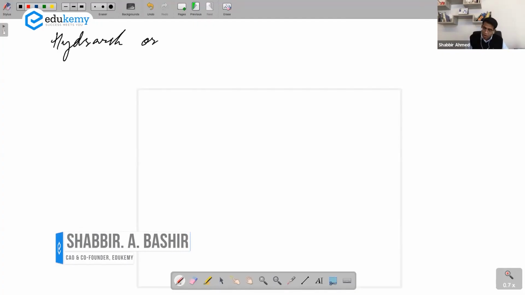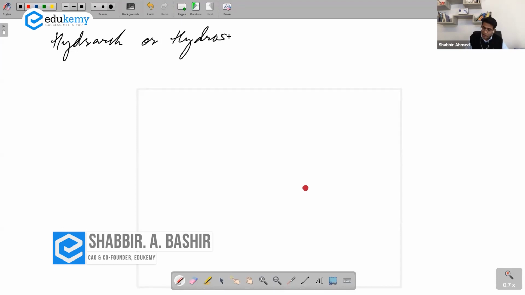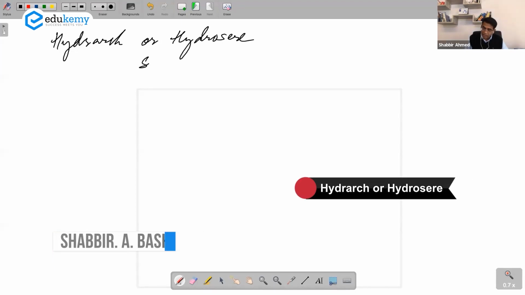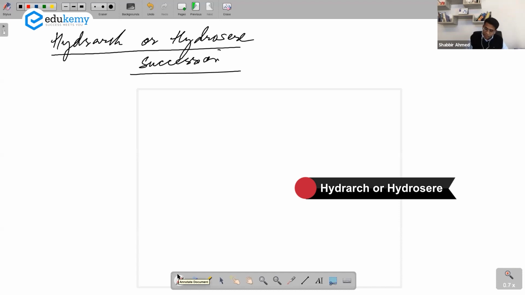Hydrarch or Hydrosere succession. Okay, you start with your introduction. Say biological succession. The initial surface is probably a pond or whatever. So it starts with an